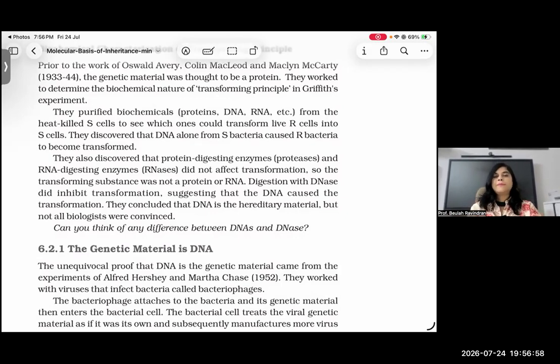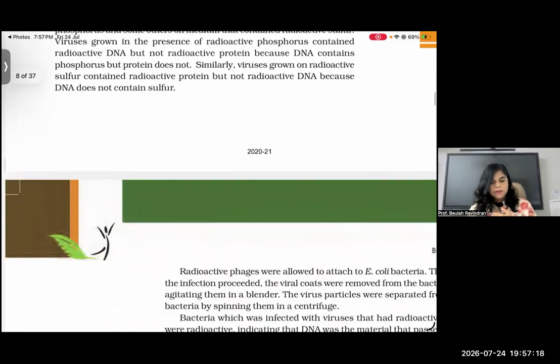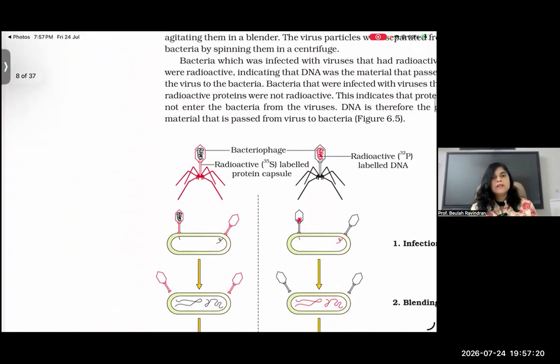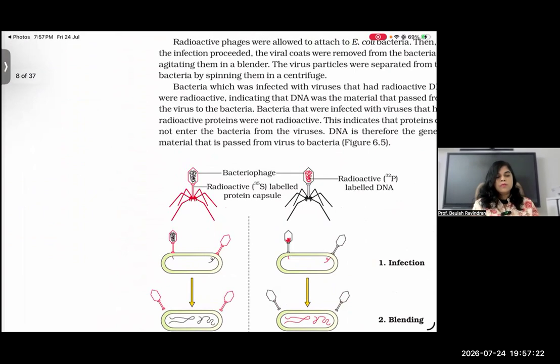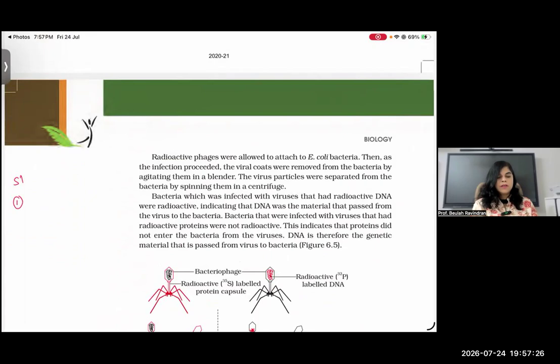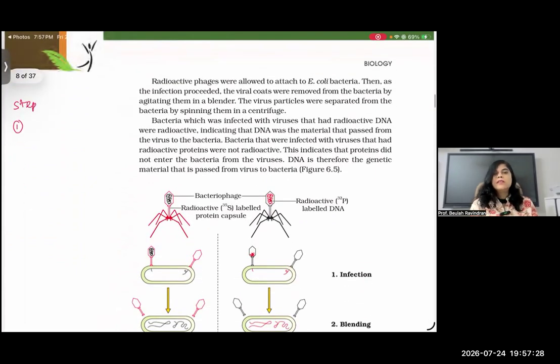What is the step one we saw? DNA extracted from heat-killed S strain plus R strain injected into the mice. Can you write this? Then it is easy for you to understand. You can write it as a tabular column. You can write steps. Step one is